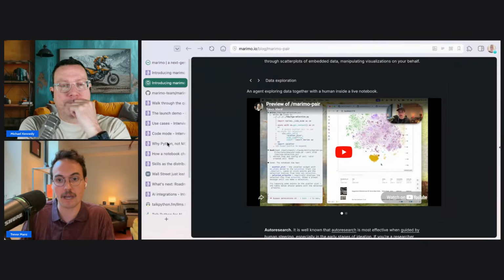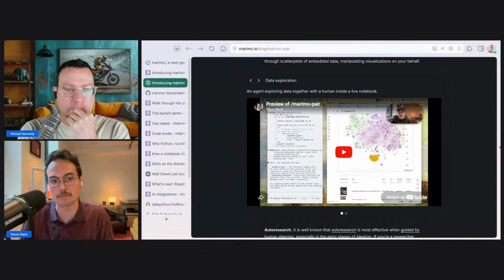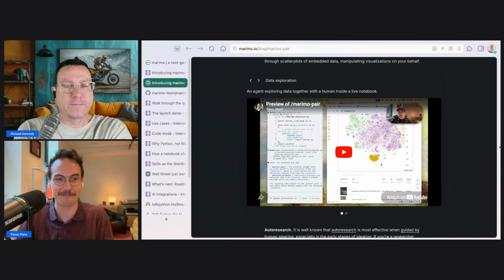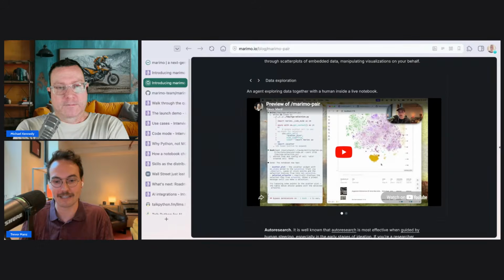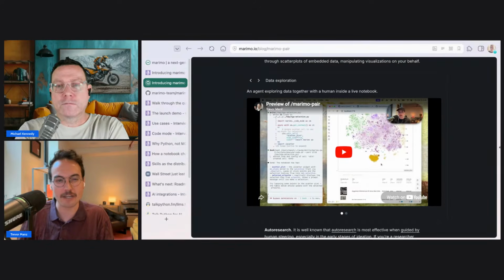With that API, the agent can grab the current notebook state and talk to Marimo directly. So it can do things like toast notifications in the UI that say, hey, I'm connected to your notebook session. It can list out variables or inspect what cells declare different variables.